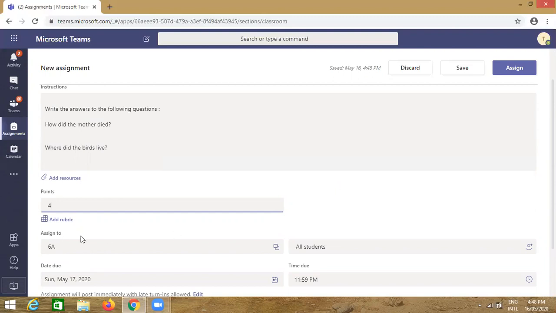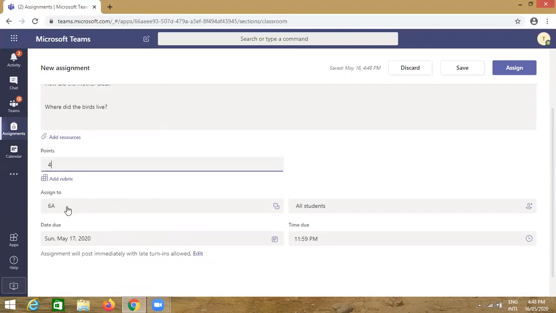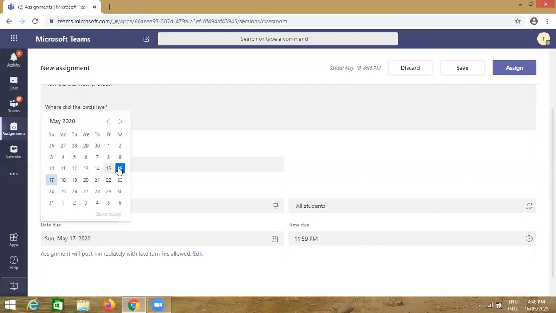Here this is assigned to all the students of 6A. If you want to send to a few students, you can select from here, assign to, and write the names of those students. So the due date is here. We will click on it and select the due date.